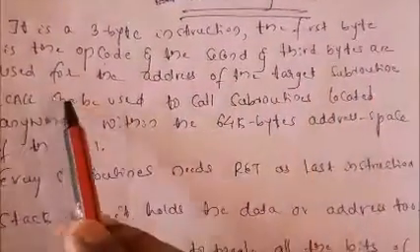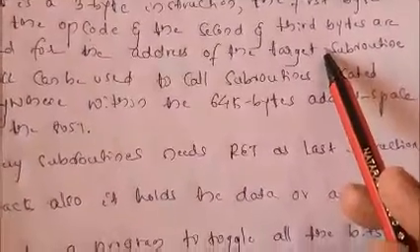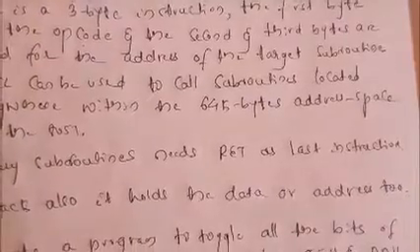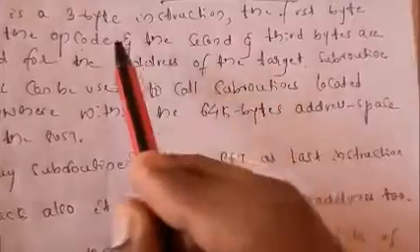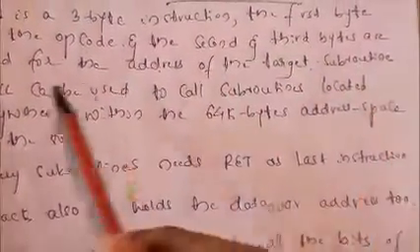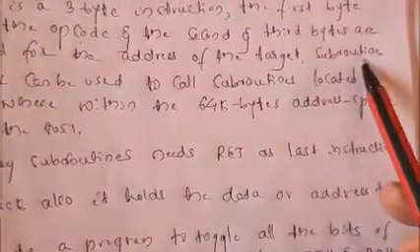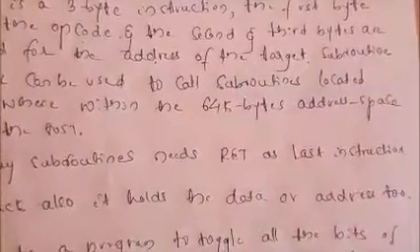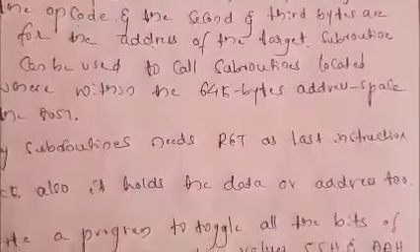The second and third bytes are used for the address of the target of the subroutine. I already said a subroutine is nothing but a small program I am going to write there. So what is the address for that? The second and third bytes help with that, as the target address. The target address is mainly 2 bytes, and 2 bytes is nothing but 16 bits. 16 bits are used for the address to call the subroutines.